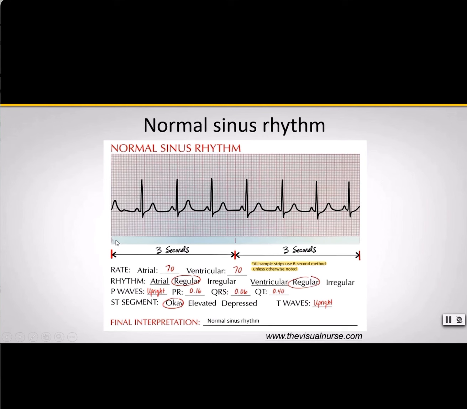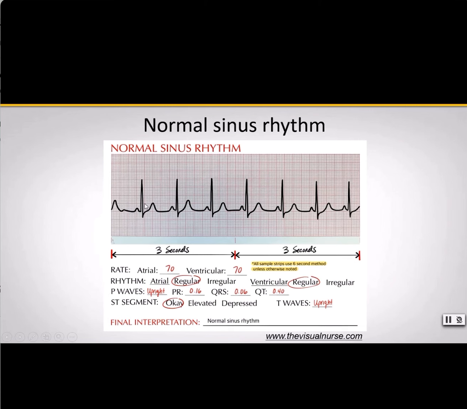Well, we could also count off 30 of our big boxes. Remember, each big box on the EKG paper or ECG paper is equal to 0.2 seconds. Okay? 0.2 seconds times 30 gives us 60 seconds. So 1, 2, 3, 4, 5, 6. We count all the way to 15, which is halfway, and another 15. So now that we know that we're dealing with a 6-second rhythm strip, calculating the rate becomes a little bit